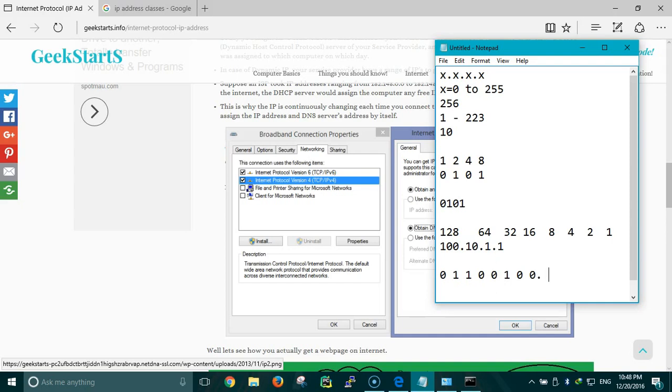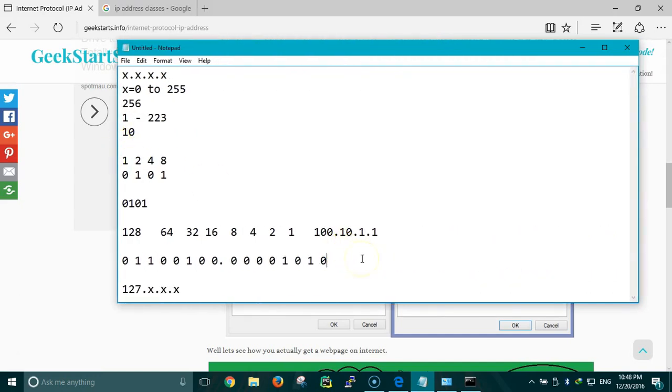So this is 100. 10 is 0, 0, 0, 0, 1, 0, 1, 0. Let me maximize this. And then 1 is 0, and the last value is 1. And the same goes for the last one.